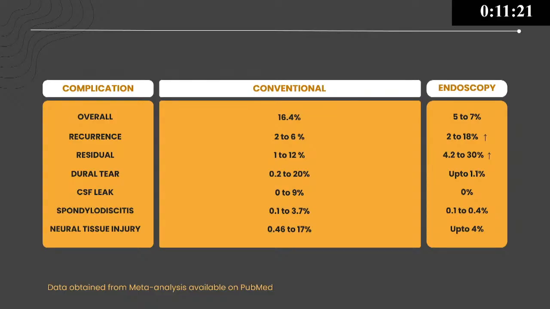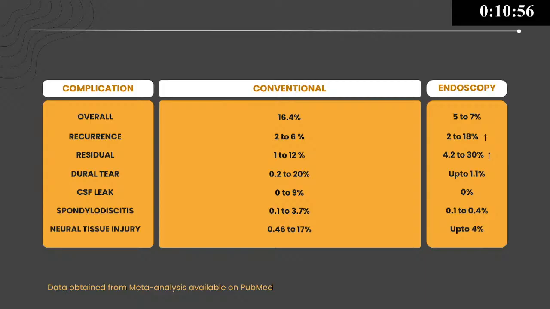So what you need to understand is that anybody who says complications do not happen with me is lying, he is not operating. That's the basic thing that you need to understand. And there are certain complications that come with spine endoscopy which are very unique. We'll talk about them. But overall, when you shift to spine endoscopy, especially full spine endoscopy, that is UB,